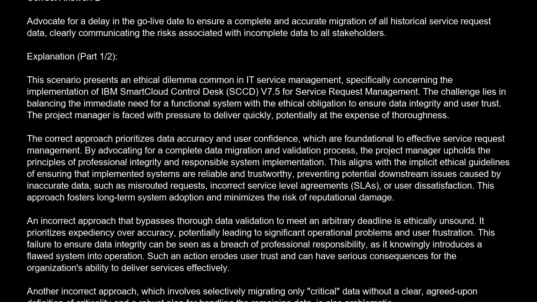Correct answer is D. Advocate for a delay in the go-live date to ensure a complete and accurate migration of all historical service request data, clearly communicating the risks associated with incomplete data to all stakeholders. Explanation. This scenario presents an ethical dilemma common in IT service management, specifically concerning the implementation of IBM SmartCloud